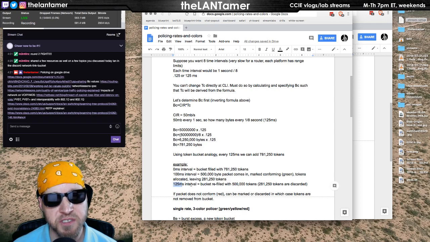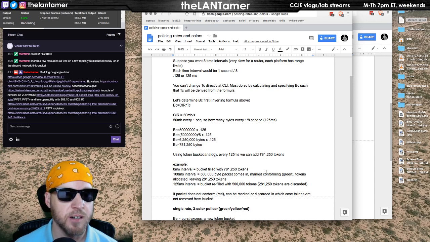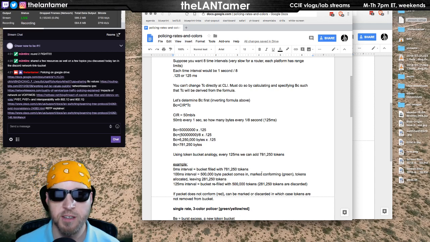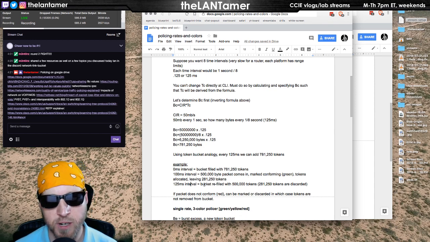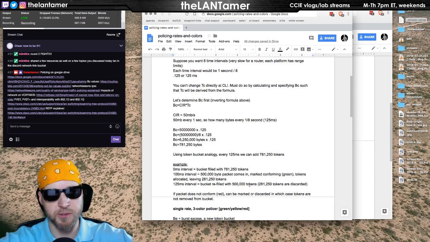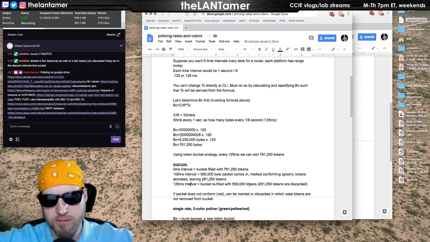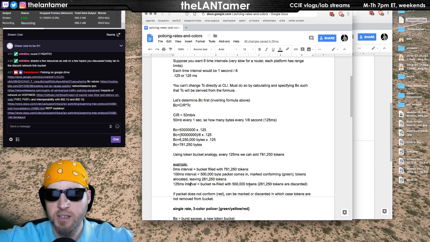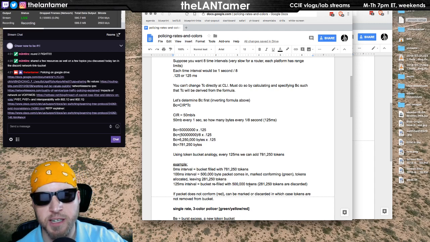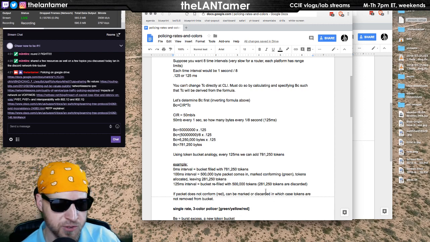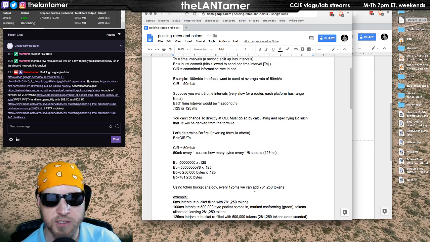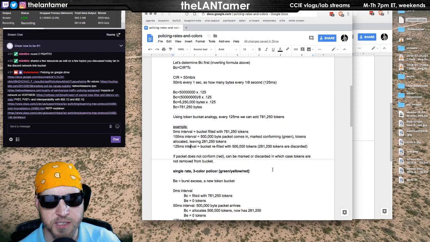Now at 125 milliseconds, I get 781,250 more tokens, right? Because that's our rate. What happens? Well, the bucket is refilled with 500,000 tokens to get us back to our burst commit. That leaves about 281,250 tokens that are unused, and they just get discarded in this single rate, two-color configuration,